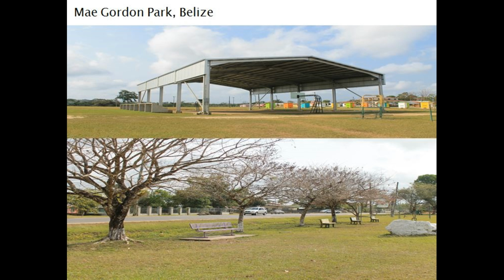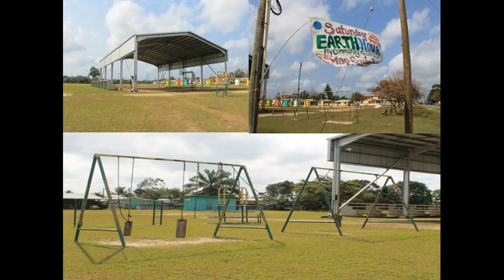environment. Mae Gordon Park is one of the frequently used parks for social events and recreation in Belize. This park is not restricted to anyone, thus all kinds of people come to use this park for different purposes. The park offers many sport opportunities and it contains sporting facilities for all age groups. This includes the covered basketball court, which attracts players from around the city to come and play at any time